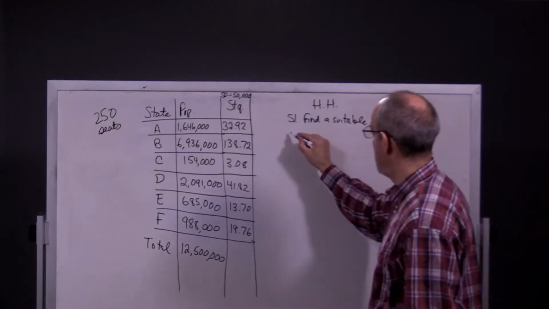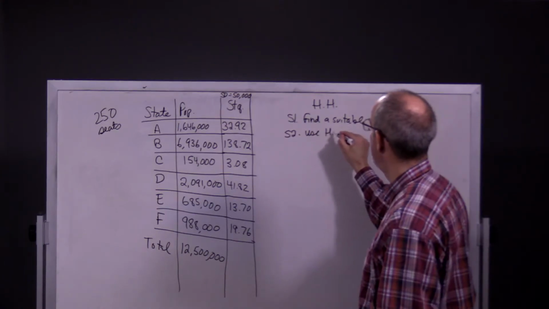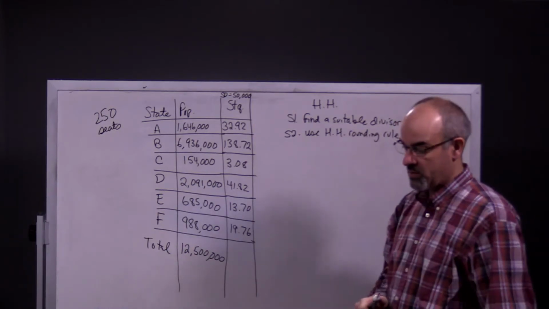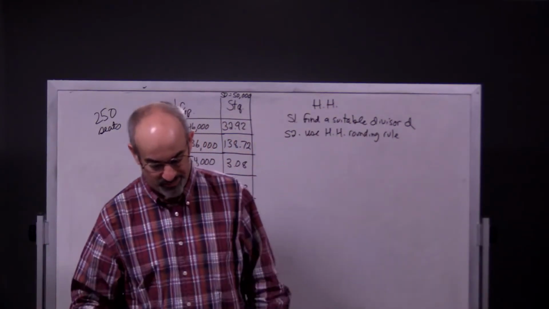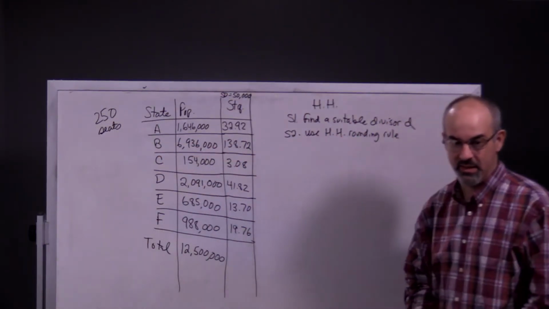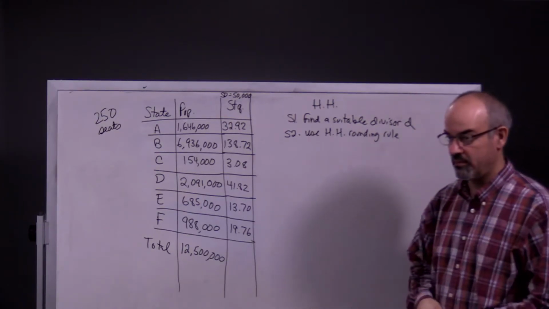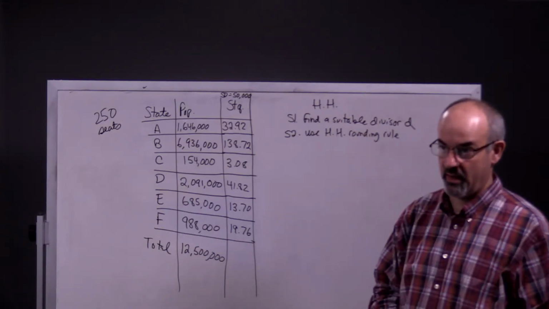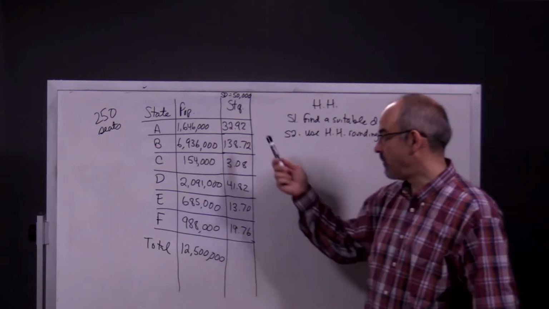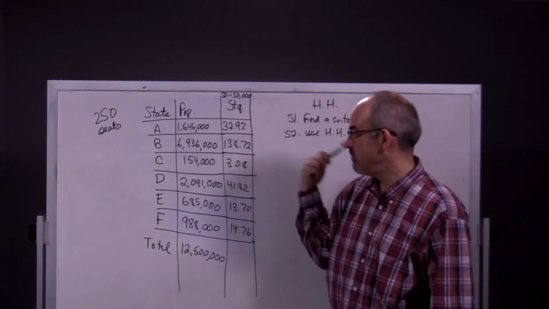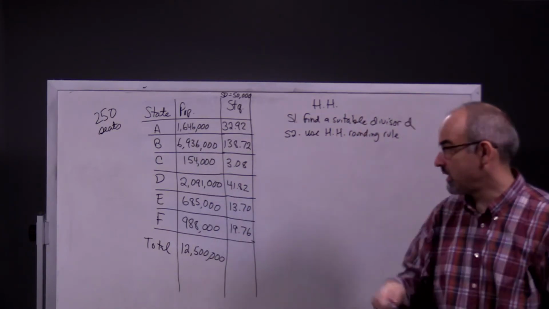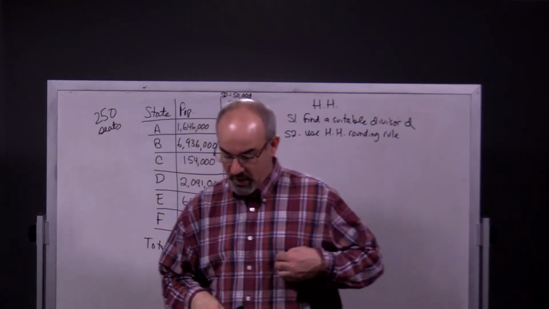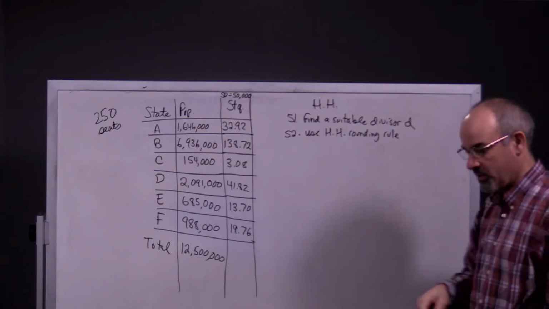So then step 2, use the Huntington Hill Rounding Rule. Okay, those are the only 2 steps. I mean, those are the 2 steps, but in each step there are sort of unspoken steps. Like I said, the steps to finding a suitable divisor D are knowing that D has to be a number that when you divide each of these numbers by it, you get numbers here that, when you do step 2, give you the right amount of seats. And I think in using the same example with the Parador